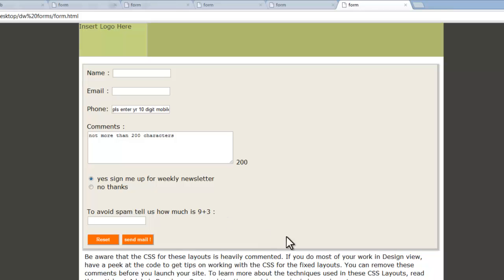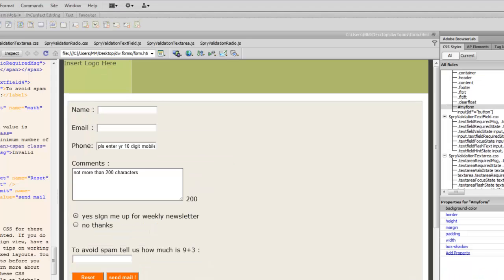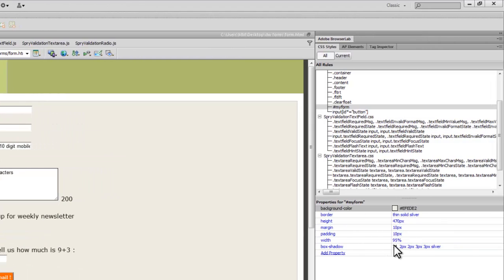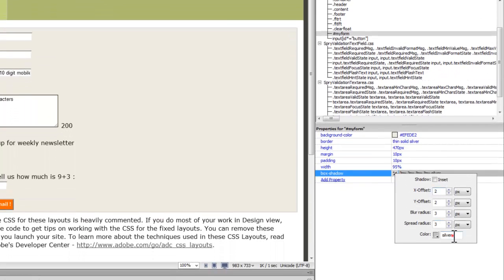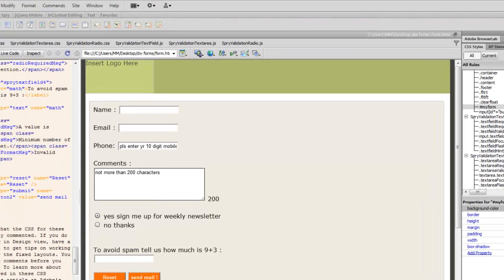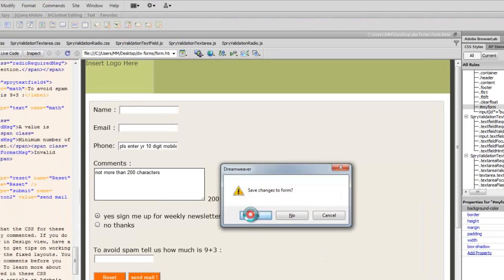Okay, so you can actually see the subtle box shadow around the box. In fact, I'm not happy with the color silver. That's one change that I need to make. Let's click out here on this icon, and then let's change the silver to, let's say, a pound sign 222. Hit enter, and let's press F12 to take a preview in the browser, people, after saving the changes to